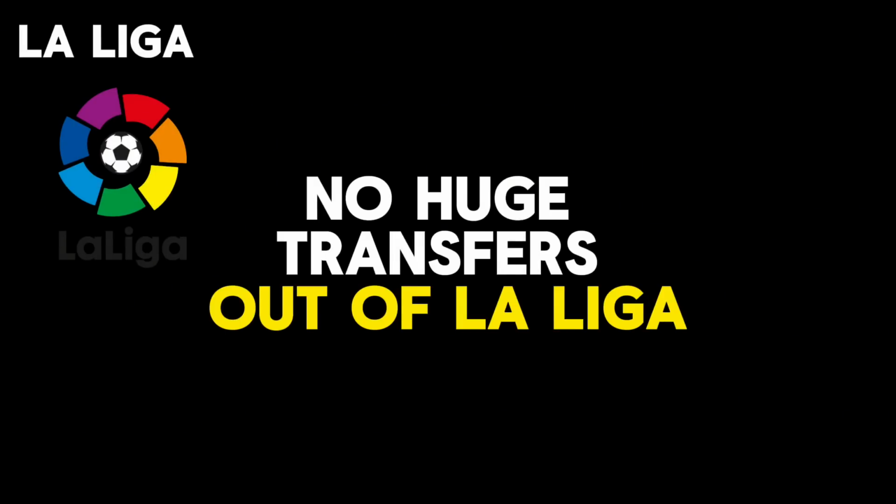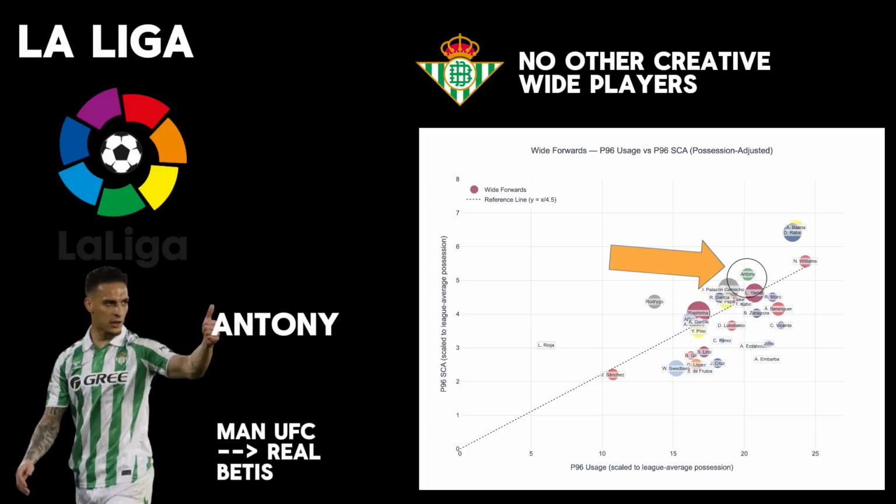Nobody particularly big transferred out of La Liga this summer, but a player who left and is probably going to come back is Antony. Betis do not currently have any heliocentric wingers that will do the job that he did for them in the second half of the season. Isco just went down with an injury, which opens up the roles even more.